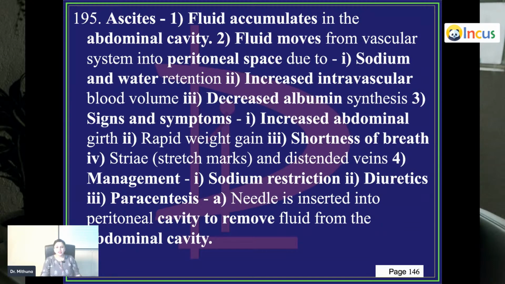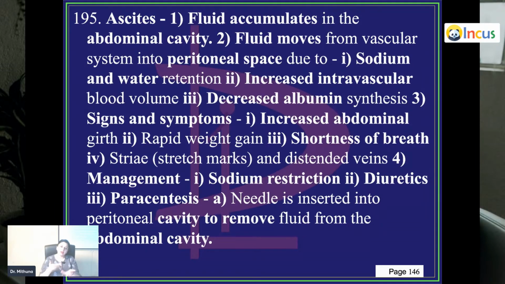What do you do? How do you manage? Sodium restriction: you reduce the amount of salt. Diuretics to push that excessive fluid out into your urine. Paracentesis: you introduce a needle into the peritoneal cavity through the abdominal skin and attach it to a collecting jar outside, where you have the collection of the